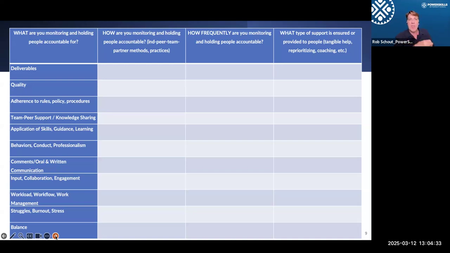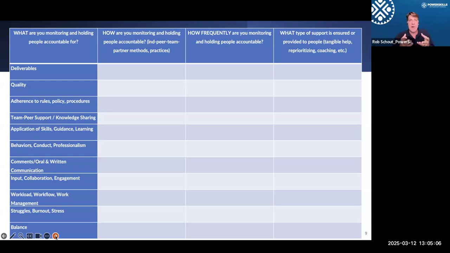We hold accountable for written and oral communication and comments that they're making. And that doesn't mean that we're parents, but sometimes some employees make comments to other employees about the organization in meetings, and we're like, wait a minute, where are those coming from? But we also have to look at their products, their oral and written communication, their presentations, their meeting contributions. Also, their input and collaboration and engagement with the organization on committees or at meetings.